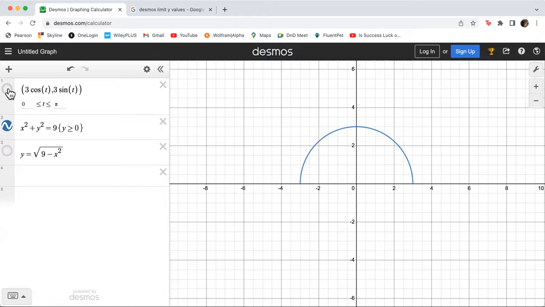And then the next thing I did was write it as a function, where we just solve the equation for y. y is equal to plus or minus the square root of 9 minus x squared. And since I want the top half, I just care about the positive square root. So I leave off the plus or minus and just take the square root of 9 minus x squared. And they're all the same. So if we turn them all on,